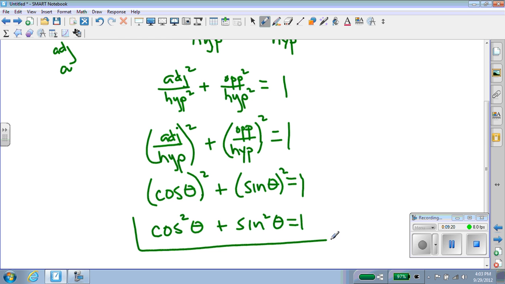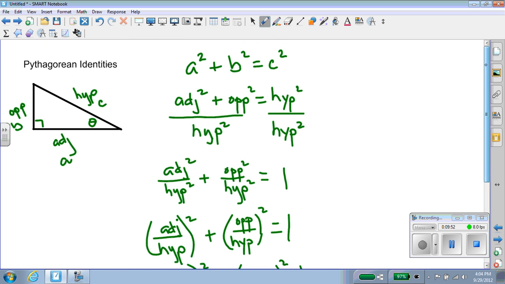And this is one of the most important trig identities. It comes like this and with all of its related facts. So it is also true that 1 minus cosine squared theta equals sine squared theta, or 1 minus sine squared theta equals cosine squared theta. Okay, so we did what if and divided by hypotenuse squared. What if instead